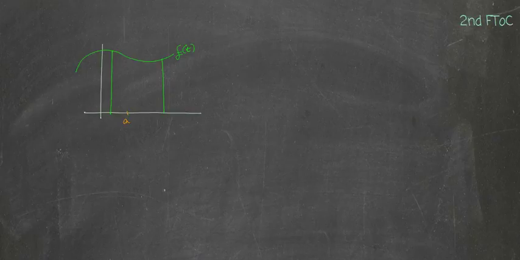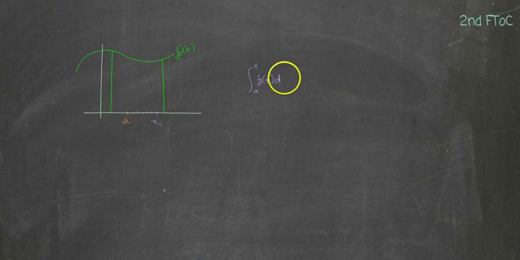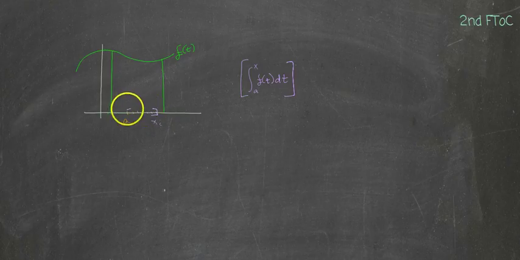Then for every other x value in the interval, if you calculate the definite integral of f of t on the interval between a and whichever x you choose, and then take the derivative of that, well,